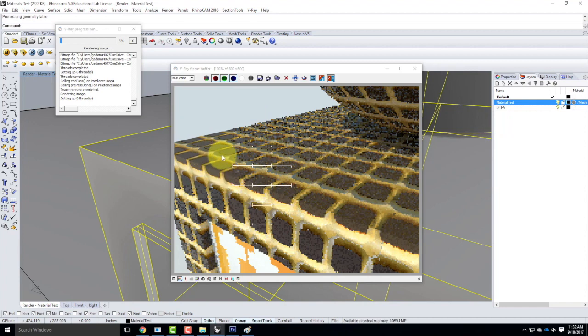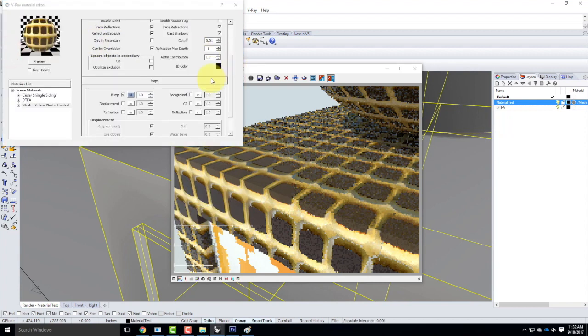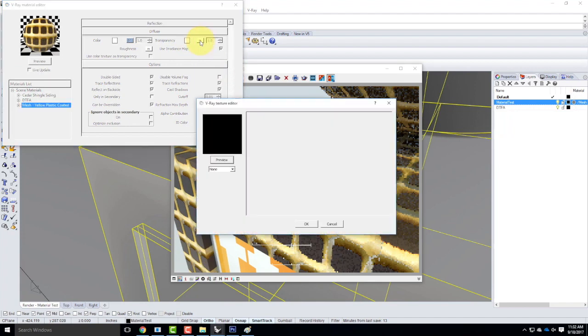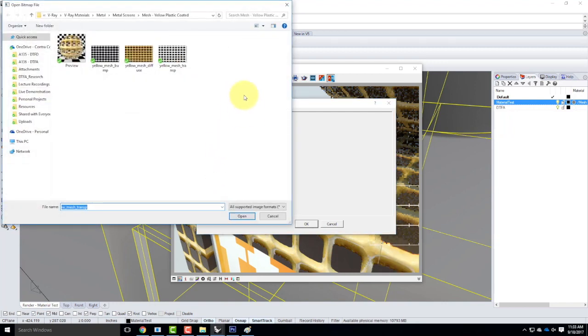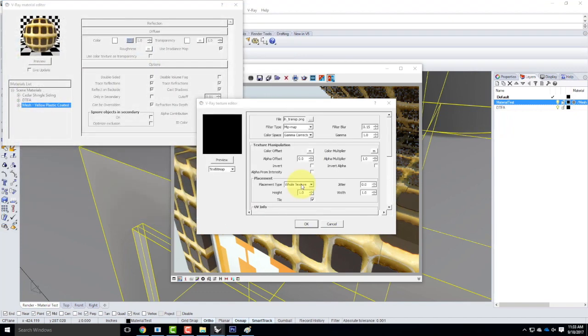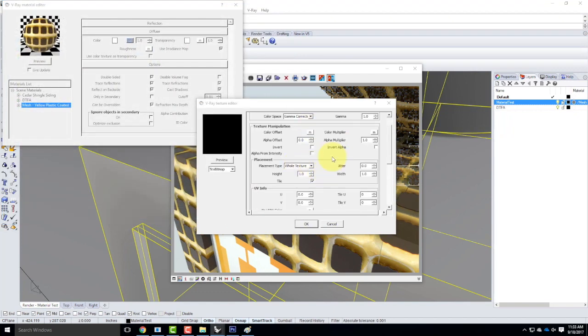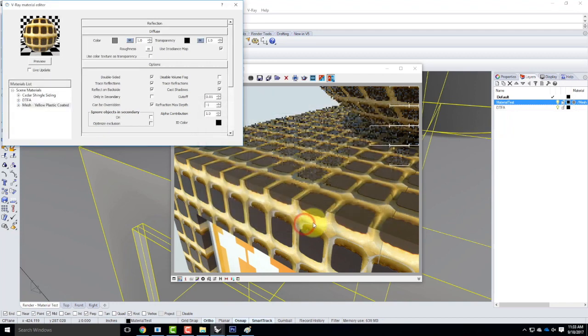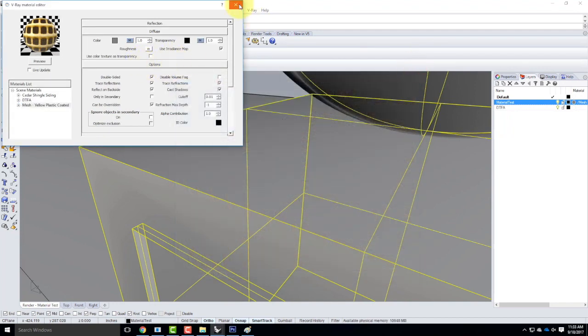Which gives us a little bit more rounding to it. It's subtle. It doesn't help that much. But the one that really helps is that transparency map. So I'll come back up to my diffuse drawer here, click on the M. See how it's a lowercase m because nothing's applied? It'll switch to an uppercase M. I'm going to put on a big Tex Bitmap, and it's going to be the transparency. And like I said, I believe I did this backwards, so I'm going to check the box for invert. Say OK. And now when I go to render it,